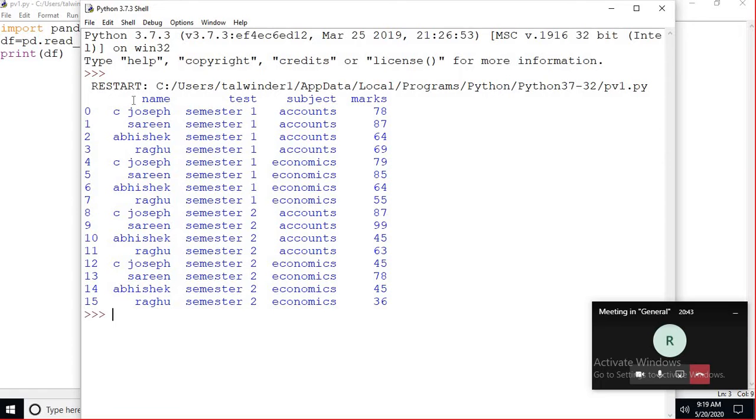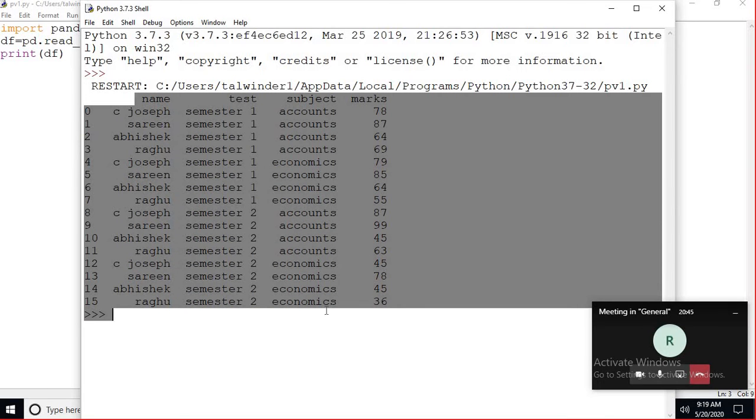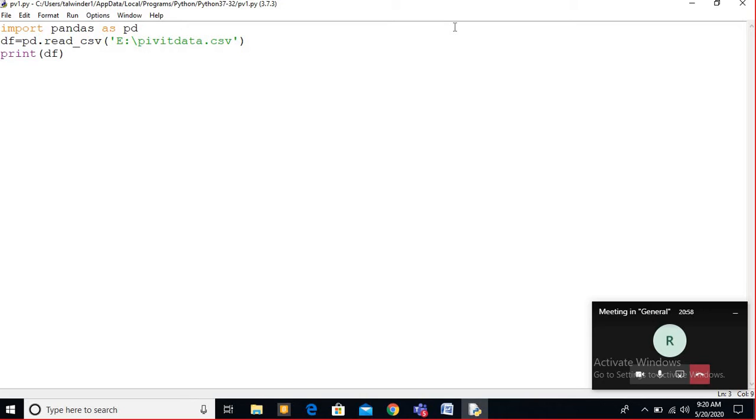So, you see your data frame is created. Now, if you see there is a repetition in the column, in the subject column, okay, both repetitions are there. Now how can you use the pivot method?